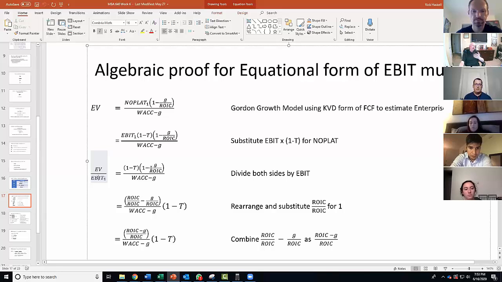So if the chairman of the board, Diana, walks in and says, Rick, you have got to bring about a higher multiple for the company, and walks out, if I don't know the disaggregated form, then I think that Diana really just gave me my pink slip, right, Diana? Because if I don't know what to do, you're going to get rid of me, right? But I know the disaggregated form. I know if I can improve my ROIC, which simply means growing my top line faster than I'm growing my capital base, I'm going to improve my multiple. Or if I can shrink my WACC, I'm going to improve my multiple.